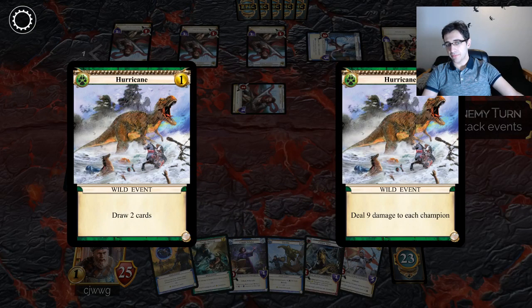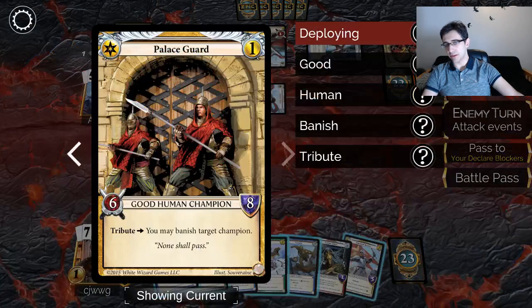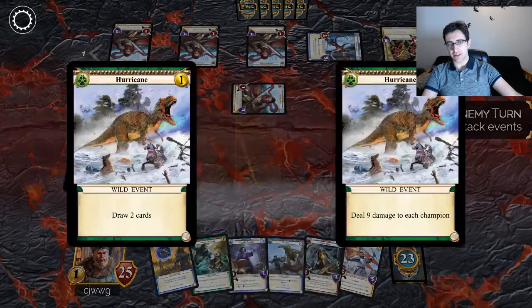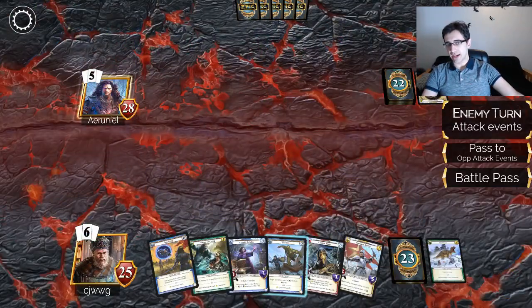So if I were them, I would have probably attacked with my humans first before playing the Palace card, because this way you can see I'm going to take 5 less damage because I get to get rid of all champions right now. But if my opponent had attacked me with those 4 humans, or those 5 humans, then either I would have